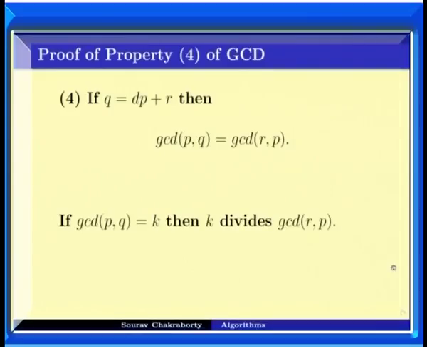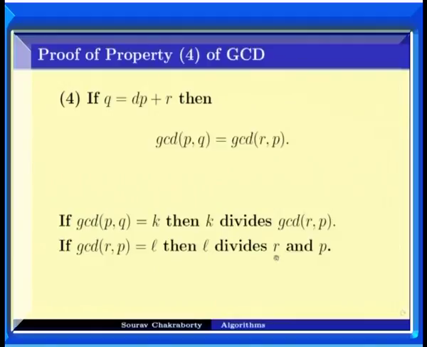This was the third property of GCD that we had written up. Here we have that if GCD of p and q is k, then k divides GCD of r and p. Now comes the other direction, that if GCD of r and p is equal to L, then what do we